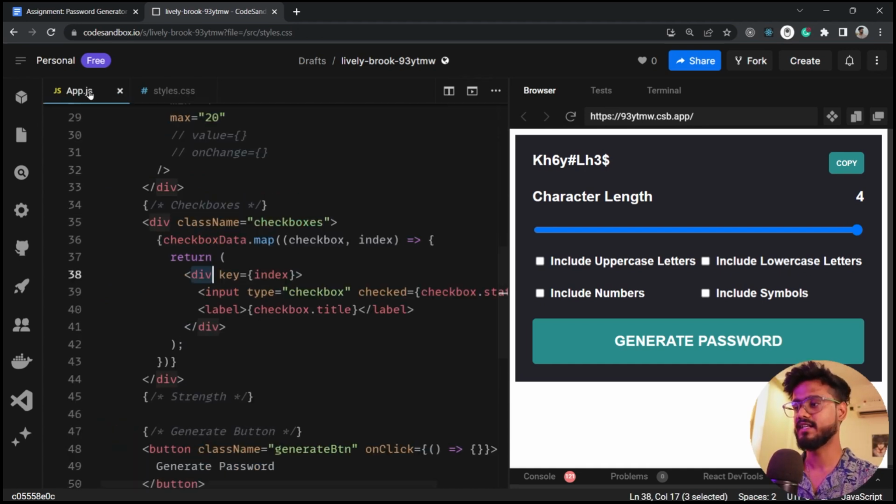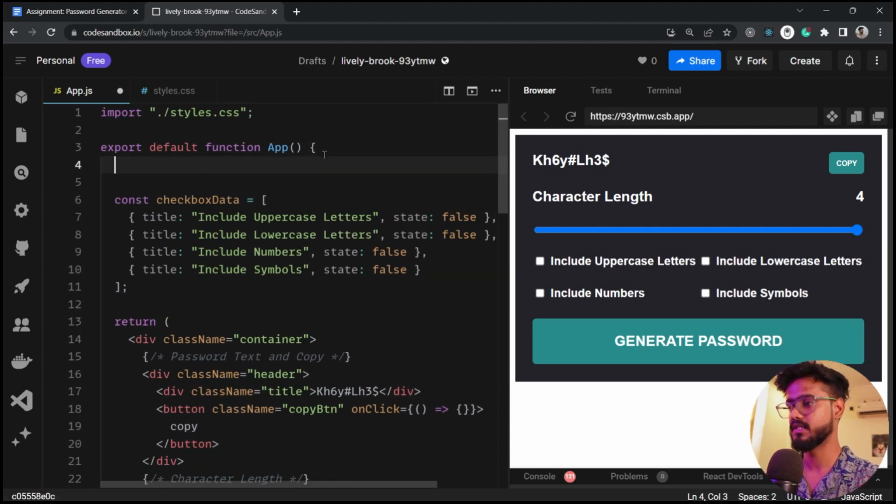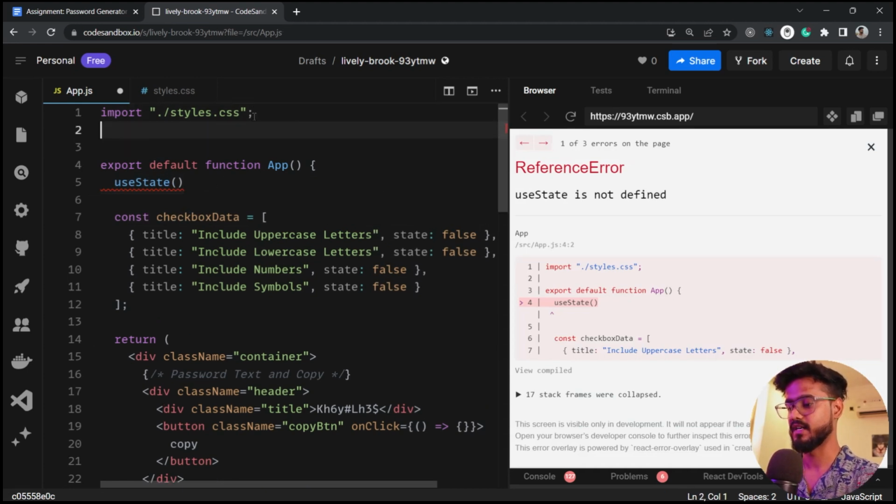Alright, now let's go on to create the states for our app. So I'm going to create the first state for our character length. I'm going to use useState for this. Now what is a state exactly? So let me just import useState first. So useState comes from React. So import